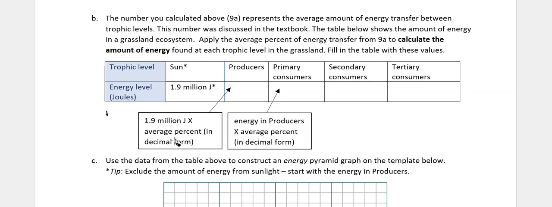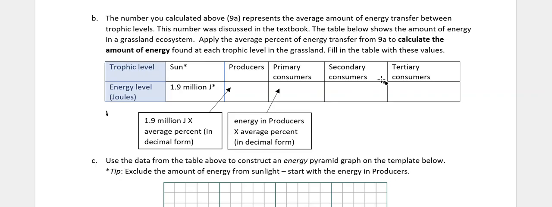0.12 being the decimal form of 12%. And I multiply 1.9 million by 0.12. That'll give me how much energy is transferred to producers. Then I would take that number, multiply that by 0.12 to get the amount of energy in the primary consumers. And I would keep doing that for the other trophic levels. So I would take the amount of energy in the primary consumers, multiply by 0.12 to get the secondary consumer